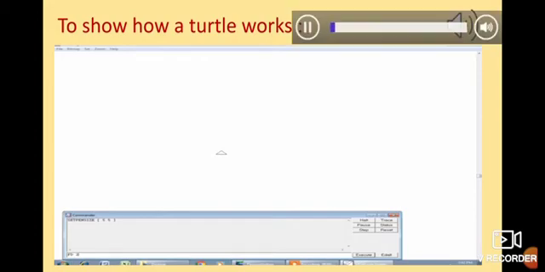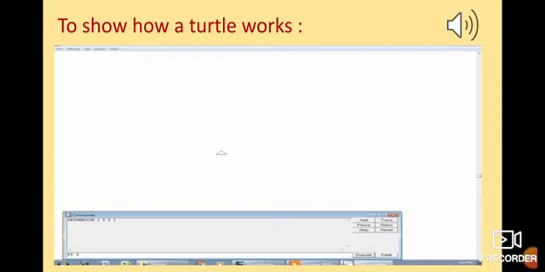Here in this video, you can see the Microsoft Windows Logo window, and in this screen you can see the input box where you can type the commands, and these commands can be seen in the commander window. And as you can see, the turtle is in the graphics screen. It will move and leave a line behind. This is how you can draw shapes and different pictures here in the Logo window.